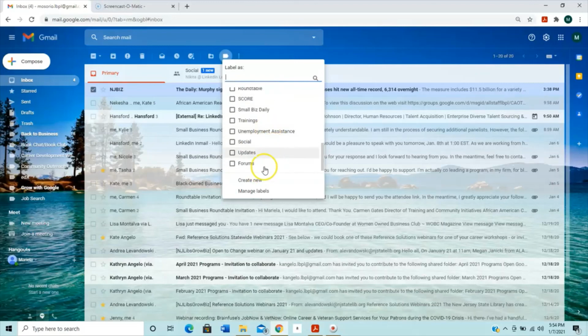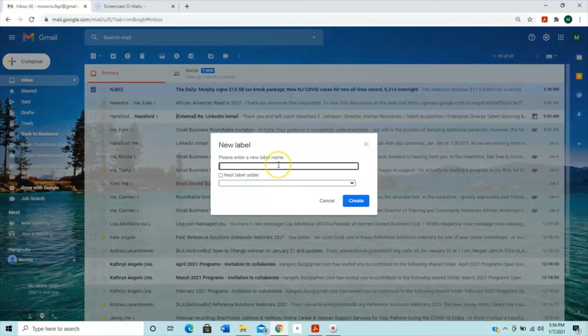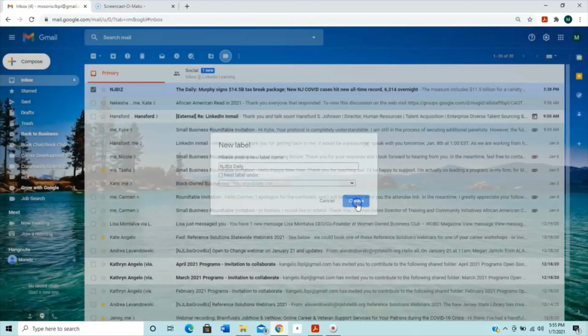But if I don't, I can go down here, click on Create New, and I can name it anything I want. So I'm going to name it NJBiz Daily. Click on Create,